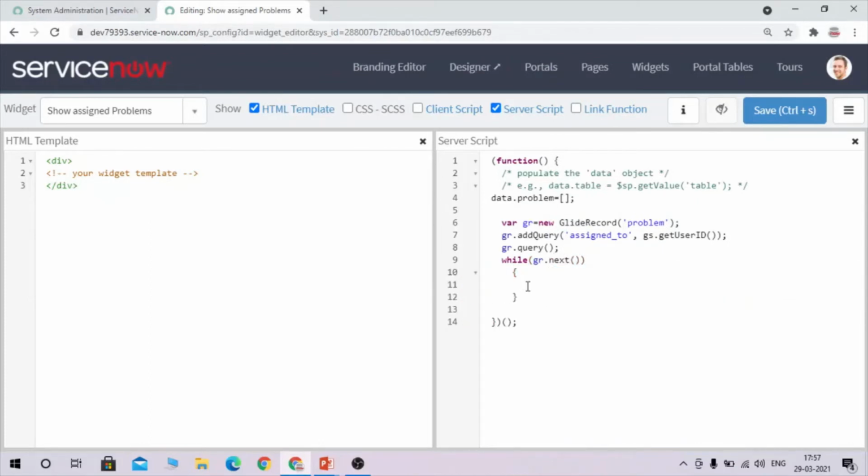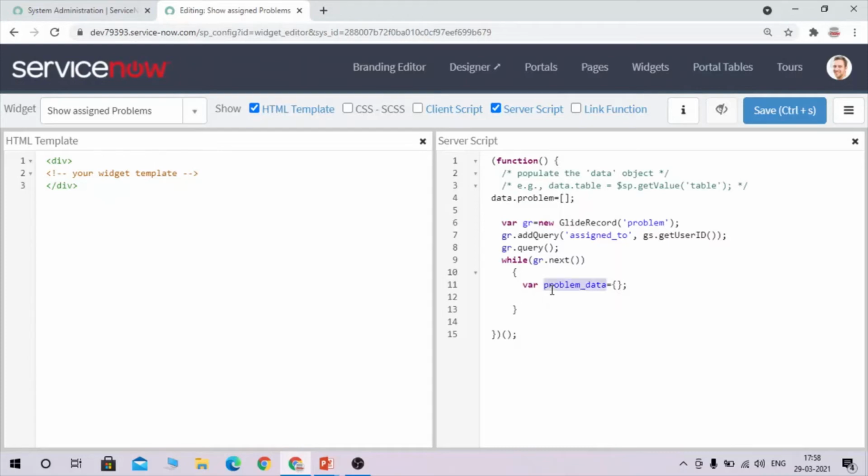So now what we have to do is define one variable. So let's define it first. And why have I defined this variable? Because we have to separate our records with a comma. Okay, so now we have to show our record, like we are having number, short description, caller, state, description. So which entity we want to show on index 0 or index 1, all those we have to define here. So first we want to show number. So how can we define that?